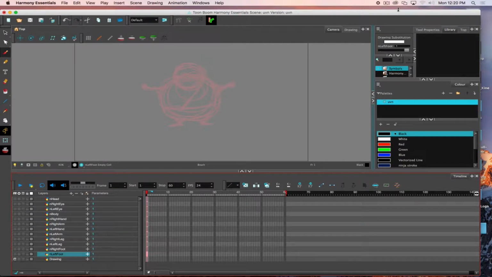When cutting up your character, or even creating your character so that it can be animated, it's important to think about it in terms of layers and how you're going to organize those layers and how you're going to nest those layers so that it serves our purposes for animating. So as we do this,